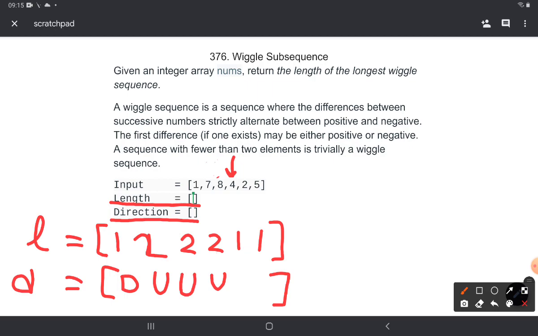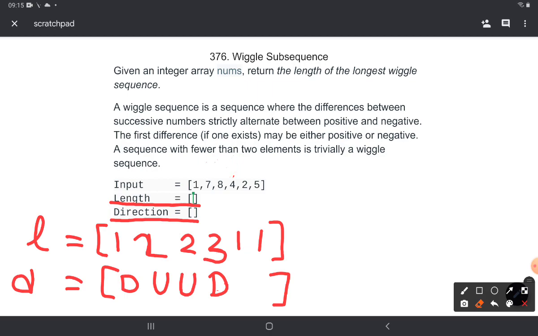So essentially it is like moving from 1 up to 7 and then going down from 7 to 4. So this gives me a wiggle subsequence of whatever it is at 7, that is 2 plus 1, since I found a new element by extending that sequence. So I now have a wiggle subsequence at 4 which is of length 3. So let me update it to 3, and in this case now the direction at 4 is downwards, since the previous element is 7, and then I move down, so I'll update it and put it as down, and we can keep moving forward.